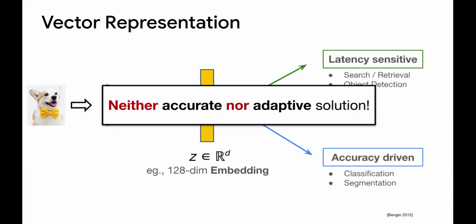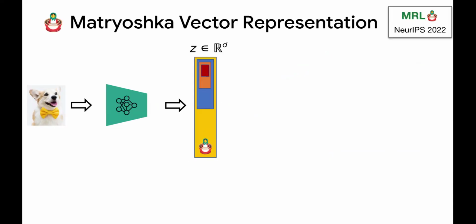Okay. So to fix this, we introduce this simple concept called Matryoshka vector representation, where we'll get the same vector embedding, but we are now going to reorder the information such that the most important information is in the first 16 dimensions. Okay. And the next important information will be the first 32 dimensions, which already have the first 16 as part of it, which is the nesting in the 32 dimensions. Same with 64. 64 has the first 32 dimensions to be the same as 32 dimensions. 16 will be the same as 16, and so on. You go to 128.